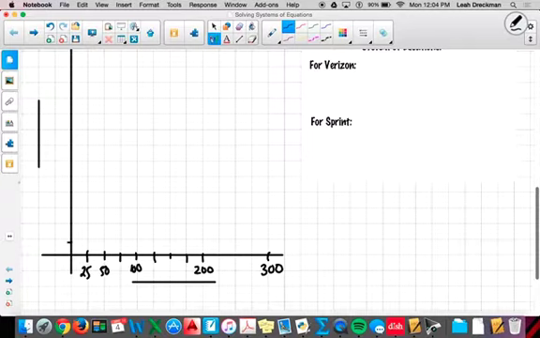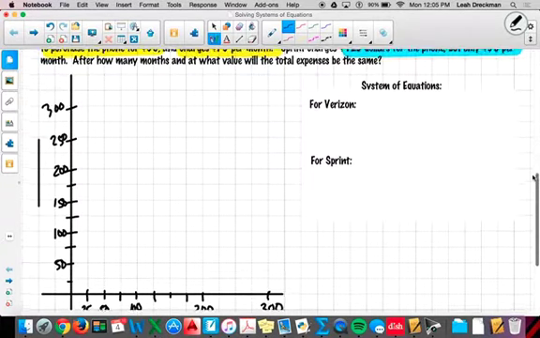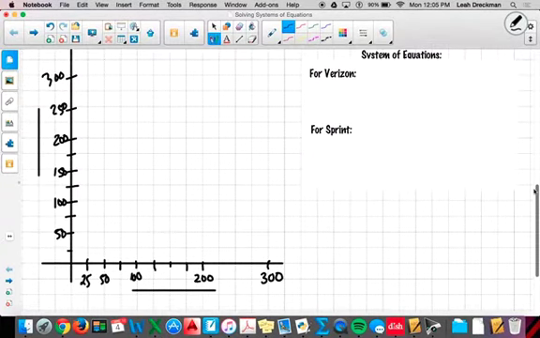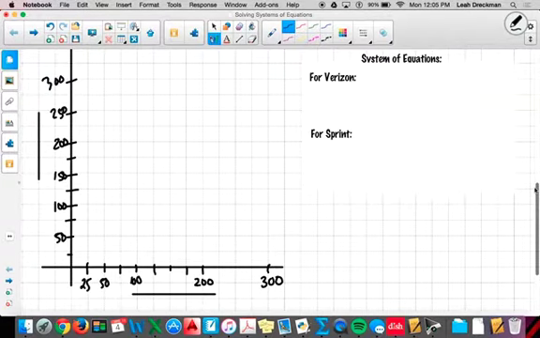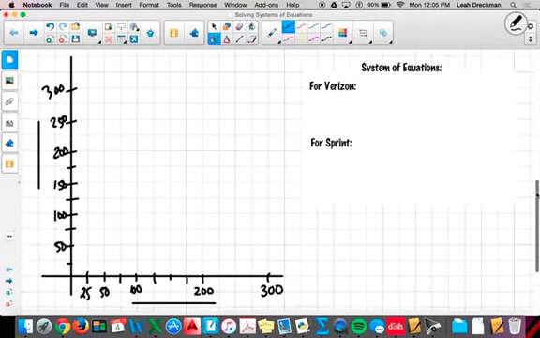Let's see, 25, this would be 50, 100, 150, 200, and 250, 300. How far did I go? I might have to expand this a little more. No, that's good for now. We'll stop there. Okay, so I guess the thing you want to ask yourself is, what are we keeping track